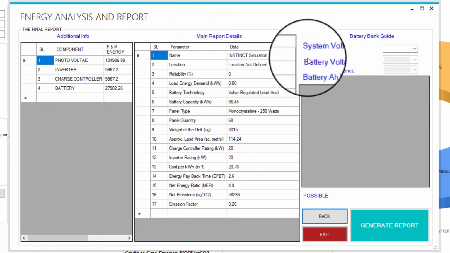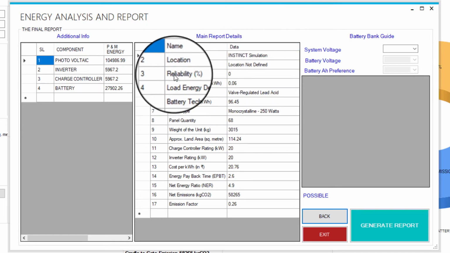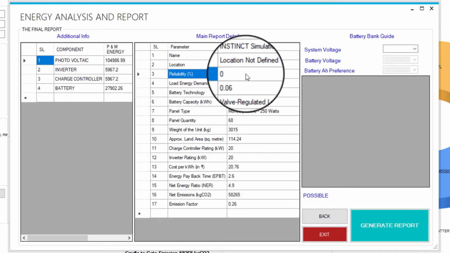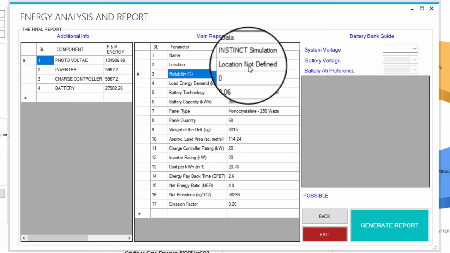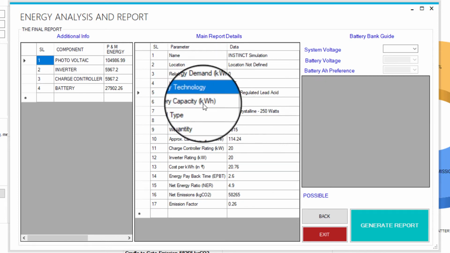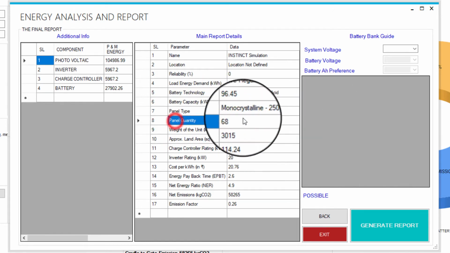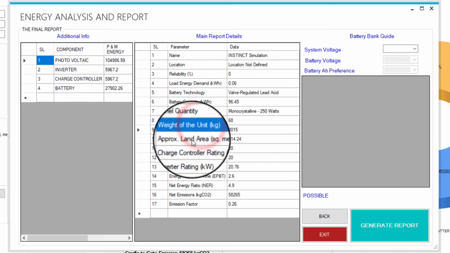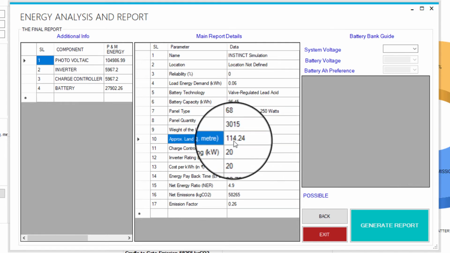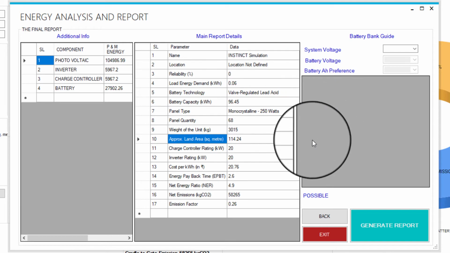So mainly the name is just instinct simulation, that is a common name. The important thing is, from this reliability 0 means independent grid. This microgrid is designed to be independent from the grid. Load energy demand, battery technology used, the amount of battery capacity, panel type used, number of panels, weight, land area, that is 114.24 meter square of area required by the particular system,